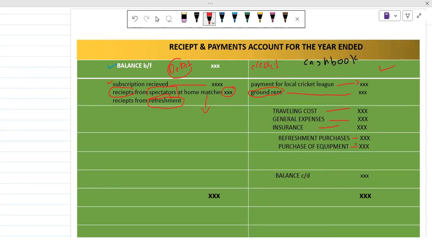Any kind of transaction which should be in form of cash, if we are paying something, it means that it will come under the credit side. And if we are gaining some amount in form of cash, it means that it would come under the debit side. So after that,